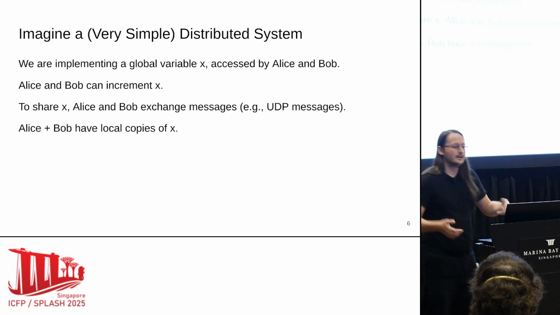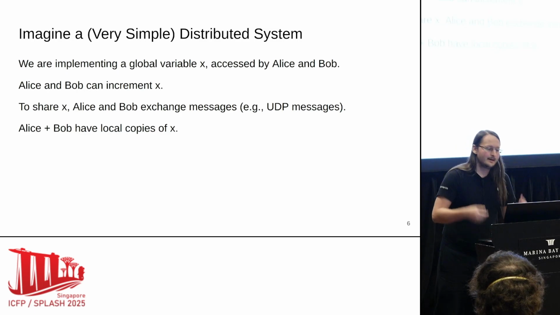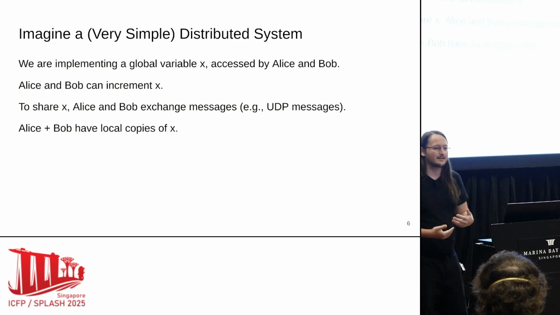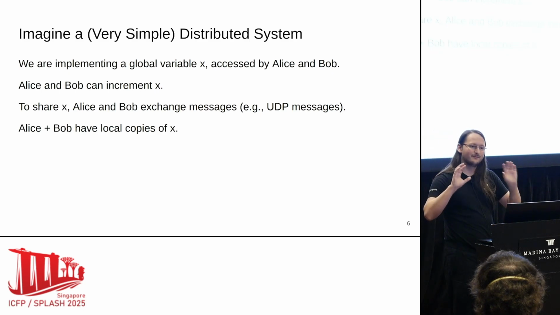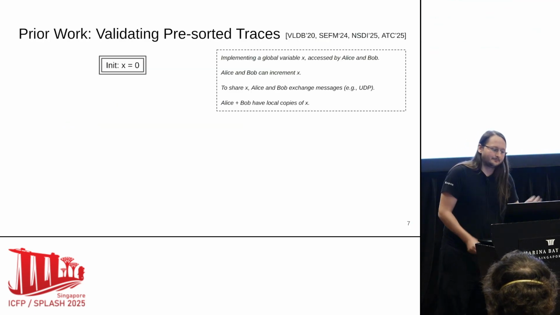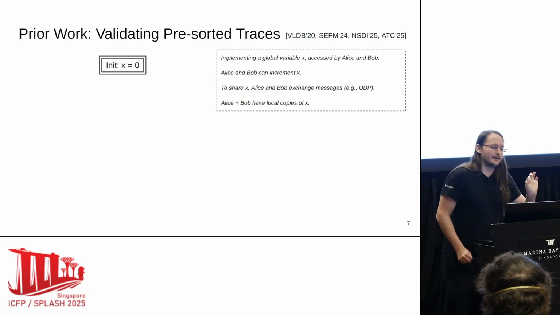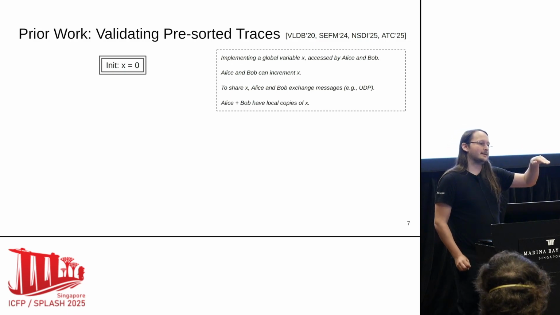And of course, global variable X being shared is a complete lie. Alice and Bob have local copies of X, and it's up to them to keep them in sync correctly. That's why this is a very slightly interesting distributed system. Now, what I want to get at here is, in all prior work on trace validation, what they're validating is